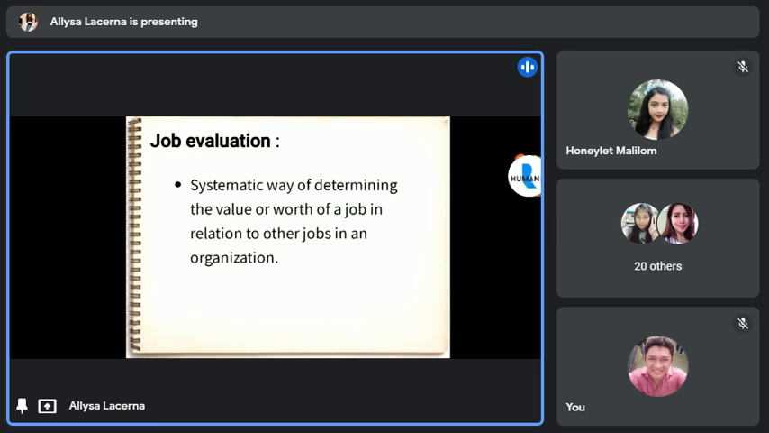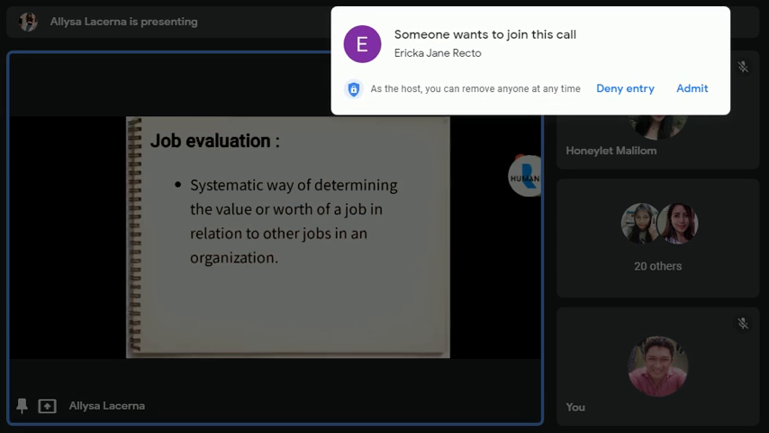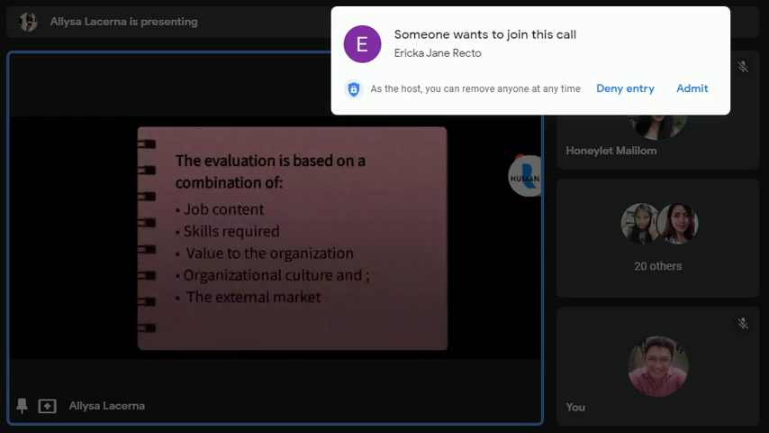So at this point, matatalakay natin not only the importance of job evaluation but also on how to conduct one. Furthermore, the types or the methods of job evaluation that are used to set compensation level. So, ayan, let's proceed to the next one, which is based on a combination of